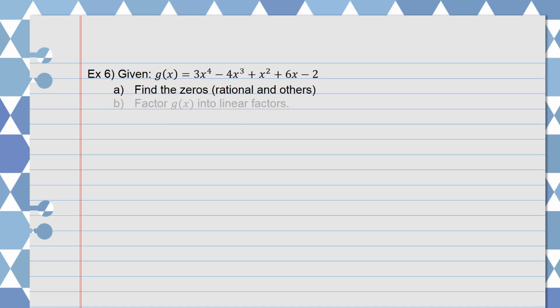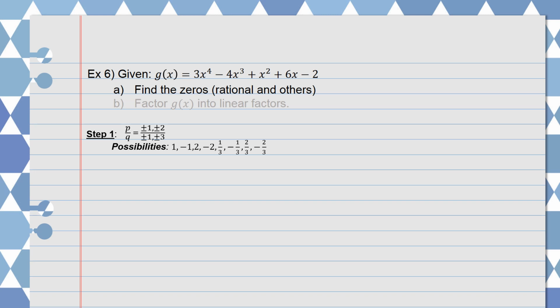For part A, looking at the function, notice we cannot factor this. We cannot do factor by grouping, no AC method. There's nothing we can do. So what we do is we start with our P's and Q's. Take a moment now to identify your P and Q values and find all the possibilities. Hopefully you found the possibilities to be 1,